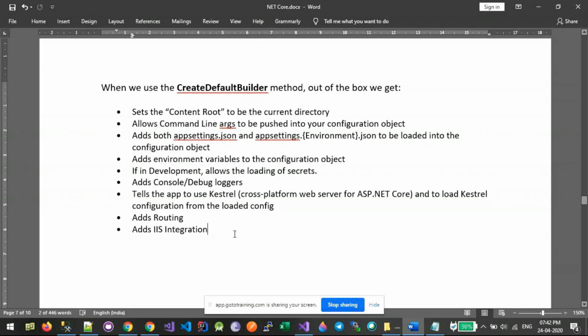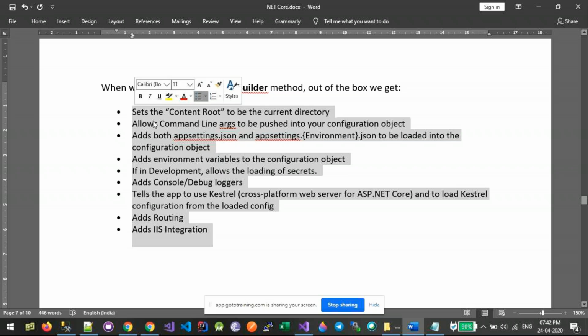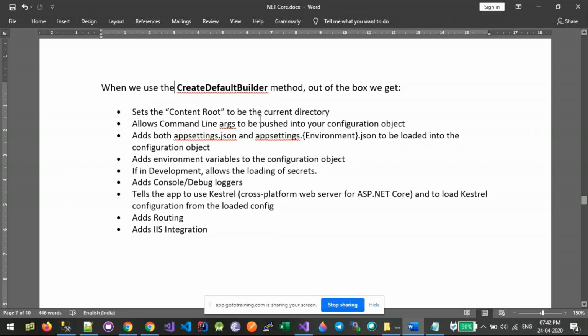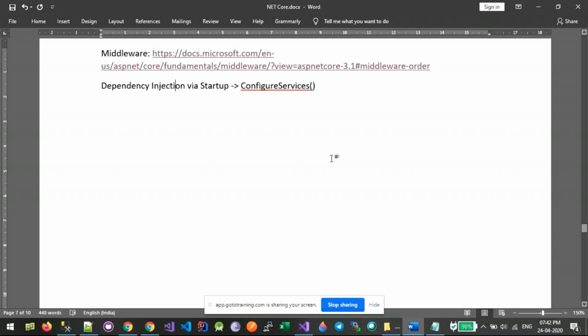All the IIS integration, if we are running this on a Windows environment, will be done under the hood by this CreateDefaultBuilder method of the Host class. Okay, so let me go back.